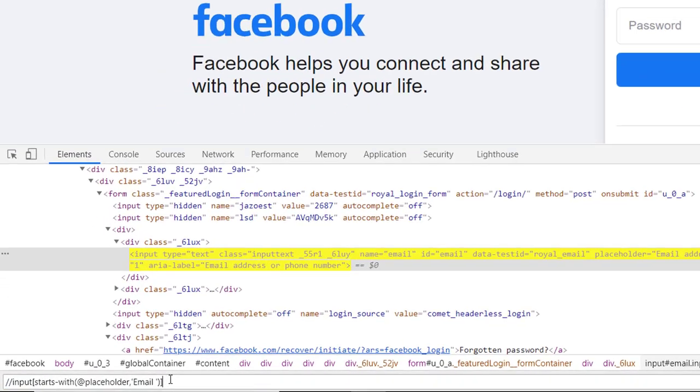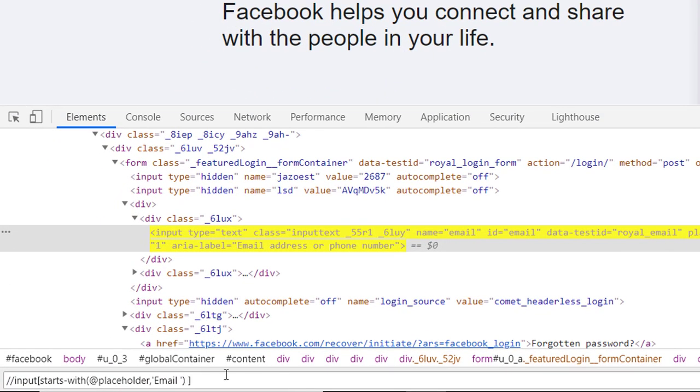So let me show you or with this example only. We are saying that placeholder starts with this particular email, and let me say or. So we are giving @name, or @name equals to email.